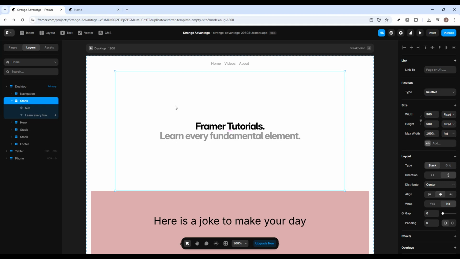If you're seeing a Framer error in a component, don't worry. In this video, I'll show you the fastest way to find the problem and fix it step by step. This is especially useful if one of your components suddenly breaks, stops rendering correctly, or shows an error after you edit content, add custom code, or update an embed. And the best part is, once you know what to check, you can usually solve it in just a few